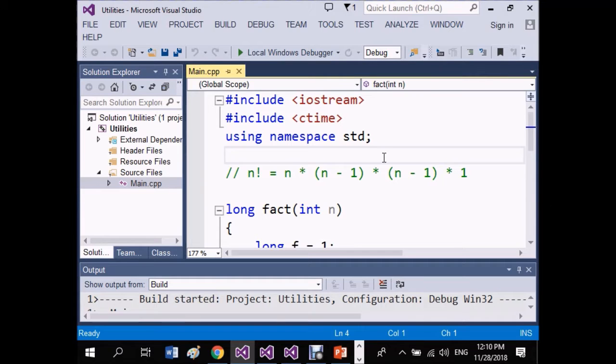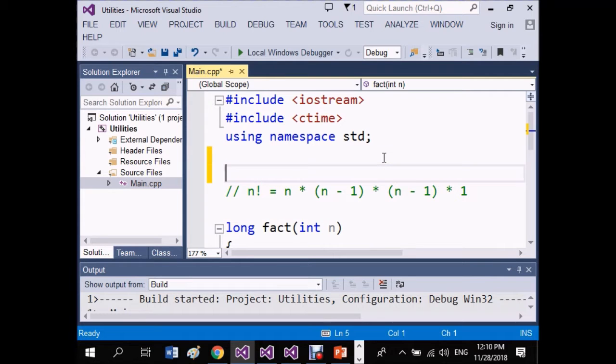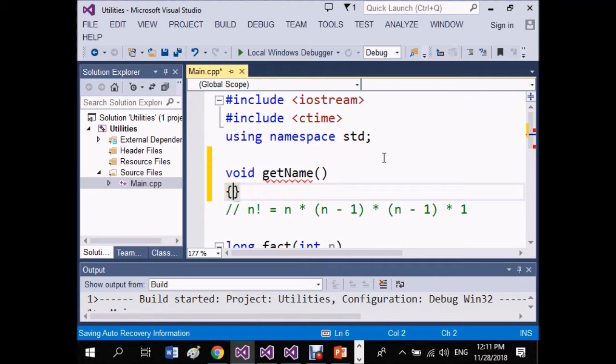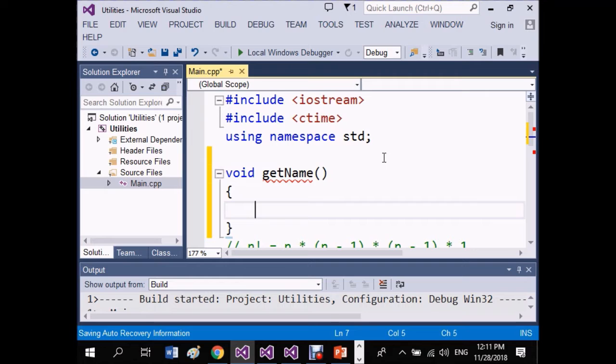I'll just explain one thing that I was asked yesterday on how a function can return a character array. A function, for example, called getName. It will ask the user to enter a name, maybe his name, and then return it. If we say here void getName, for example, like this one, and I say cout, enter your name,